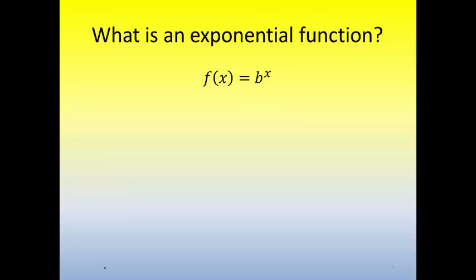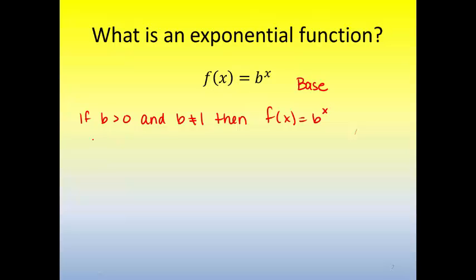So I've written one form. In the textbook they use the letter A instead of B. I'm using specifically B because that represents the base. That is the base of this function, like the base of an exponent expression. So it is defined as, if B is greater than 0, so it must be positive, okay? So we need to write that in parentheses. Greater than 0 means it must be positive. And it cannot equal 1. And we'll explain why. Then this function f of x equals b to the power of x defines